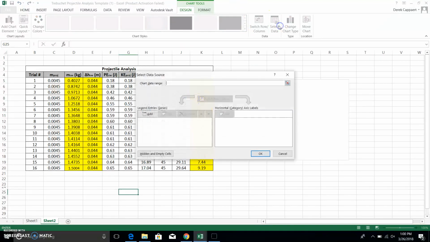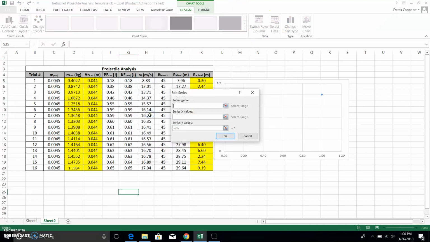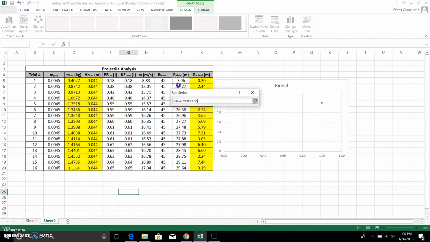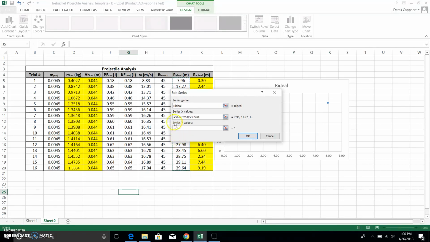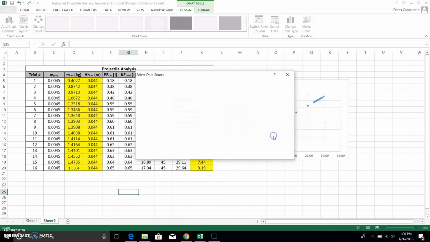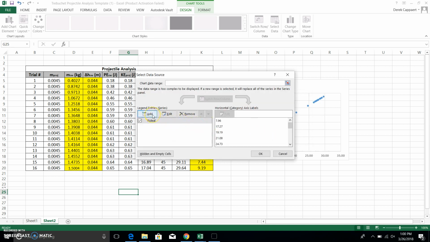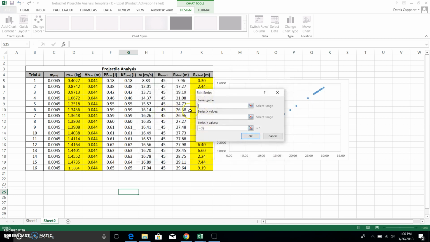So, select data, add, X values are how far through. Make sure you have this equal sign there. Y values are the mass of the counterweight that you used. Hit OK. Now you want to add another data series,